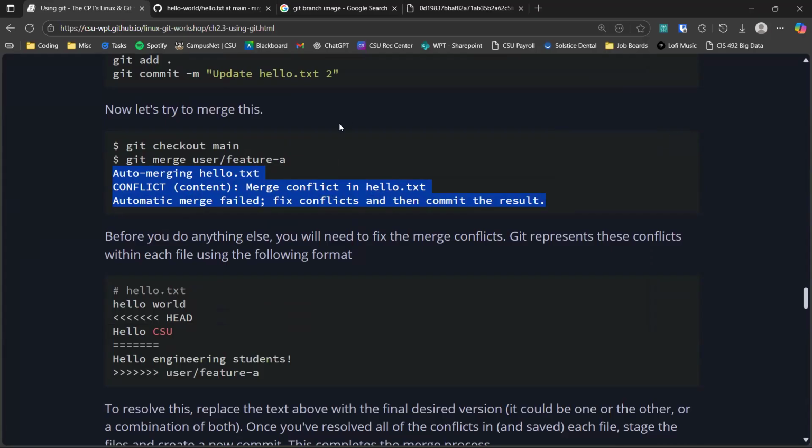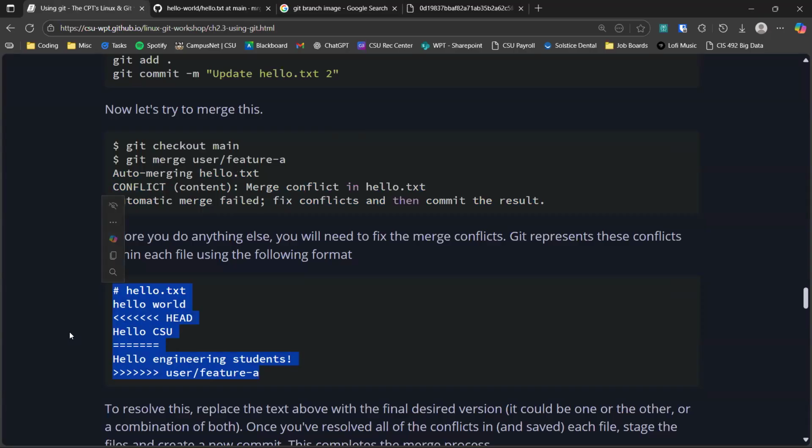Essentially, what happens at that time is it's telling you, I cannot merge this automatically because there are two changes to the exact same line. Now, Git doesn't know which one you want to do, right? And it doesn't have a feature like whoever came first or whoever came later is the accepted version. So essentially, there's a UI, Git has a UI for it, but essentially it's asking you